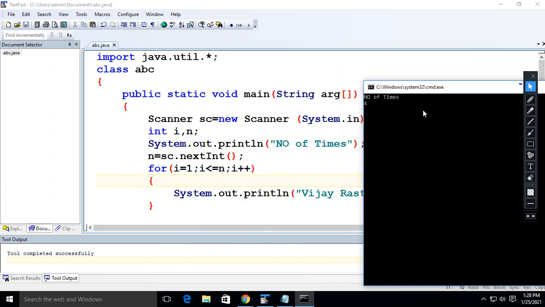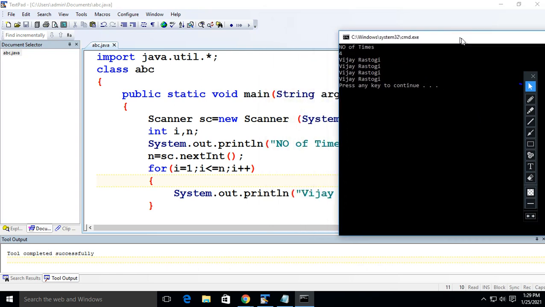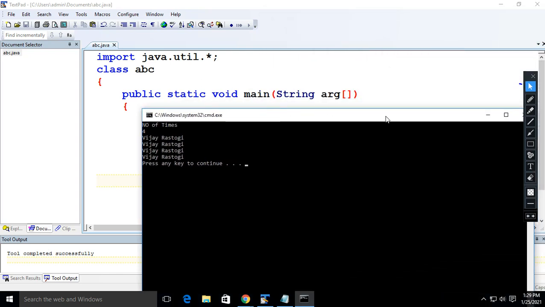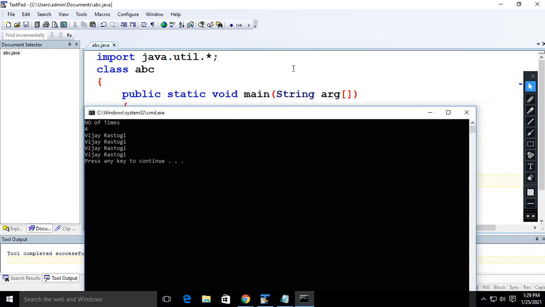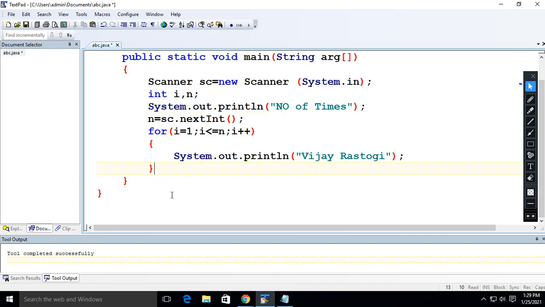I said 4 times you wanted to print your name. So the loop is executing 4 times and you are getting your name 4 times. Am I clear everybody? Yes, sir. Posted in the chat box, please check. But now it's too late. I have already told. You can check it yourself. Is it clear everybody? Yes, sir.